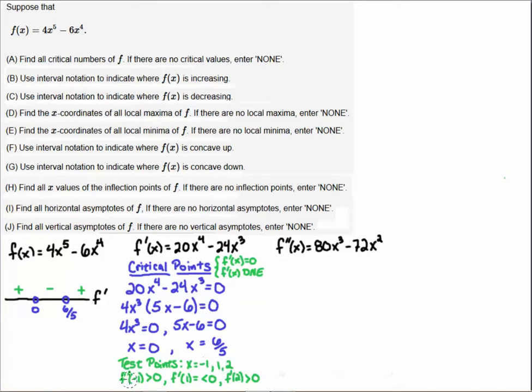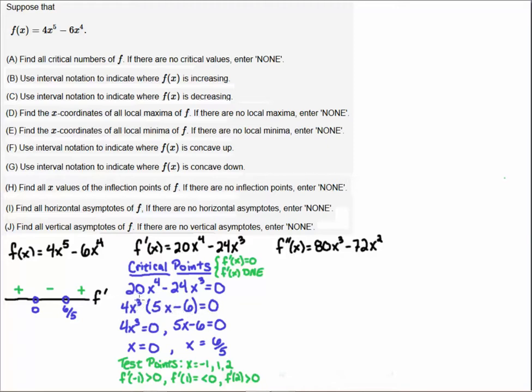Now I'm going to plug those into the first derivative. Notice I'm plugging those into f prime because I want to know where f prime is greater than or less than 0. That will tell me where f of x is increasing or decreasing. So f prime of minus 1. Now if I plug minus 1 into this function here, I like to look at this one here. You could do it here, but I find it simpler to look at the factored case, and I'll show you